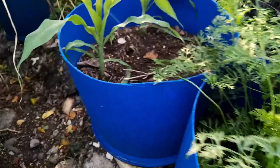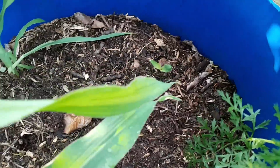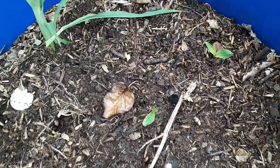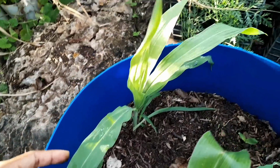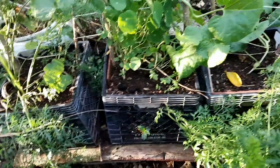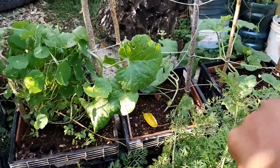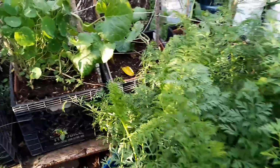And over here, I'm just seeing these 2 big ones. I just planted out some more seeds that I had in there, so they can fill out the empty space. These need fertilizing. I'm gonna have to take care of these. See, they're yellowing. Another 2 big carrots right there. And these are different types of melons I have grown. They're not looking too good, but we have faith that they...